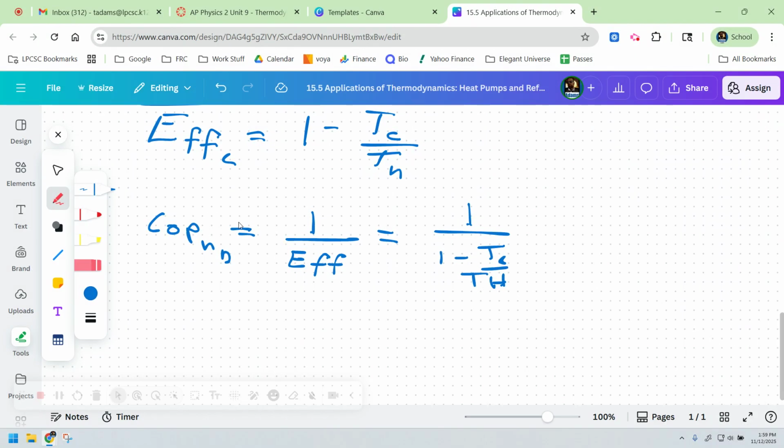And you could do some math here if you wanted to, to toss the Tc and Th to the top, or you could just leave it like that. So heat pumps do not work as well in cold climates as they do in more moderate climates. So basically, the smaller the temperature difference, the smaller the efficiency, and the greater